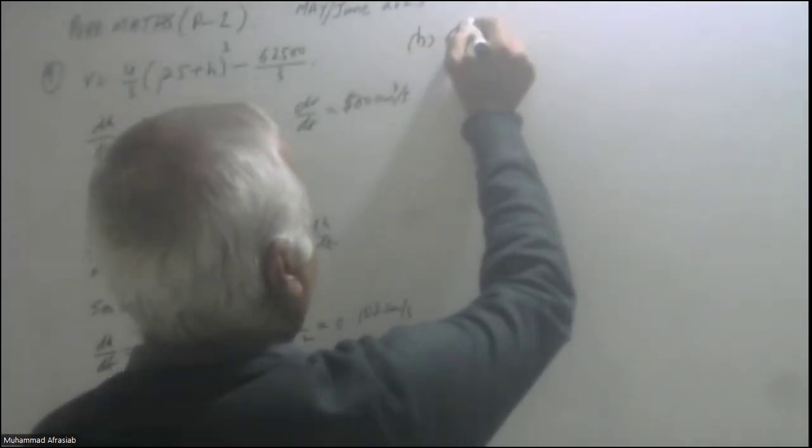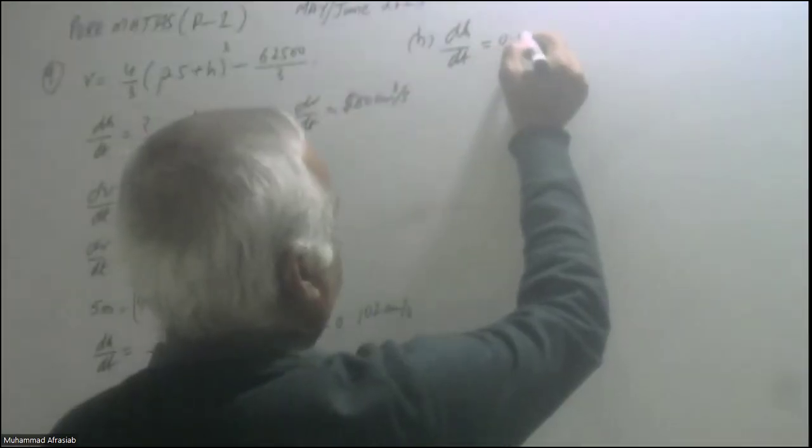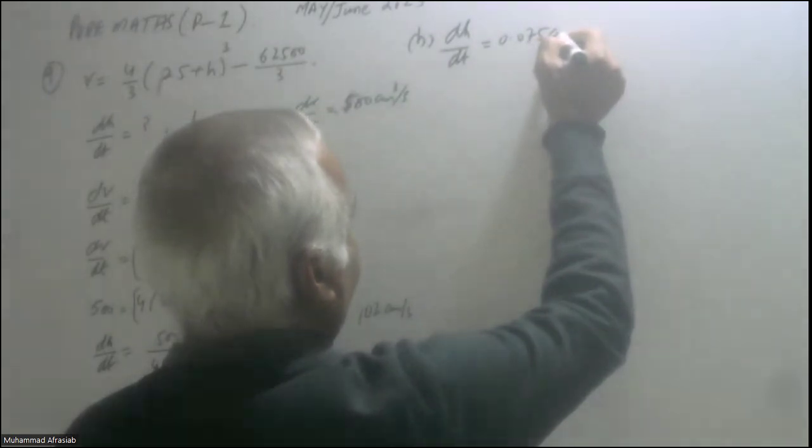Since in the B part, dh by dt is equal to 0.075 centimeter per second. We know that the volume is basically equal to 4 over 3